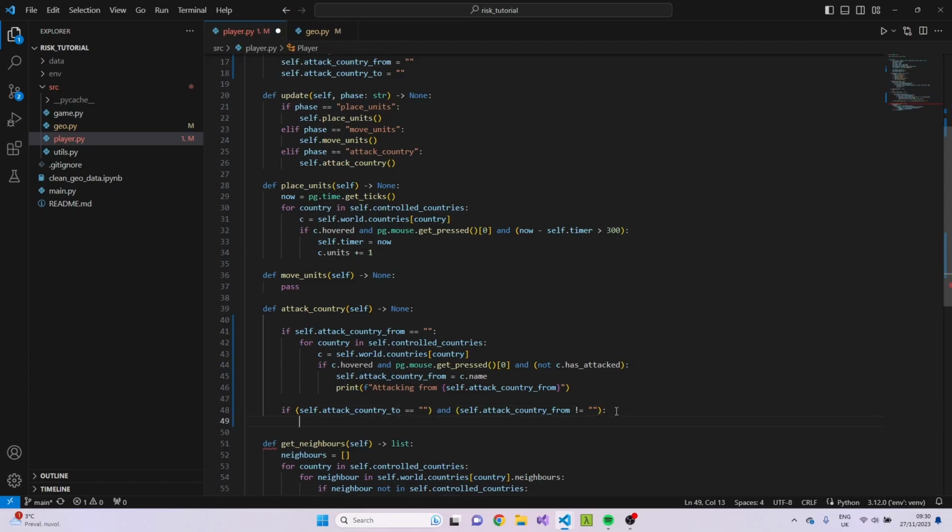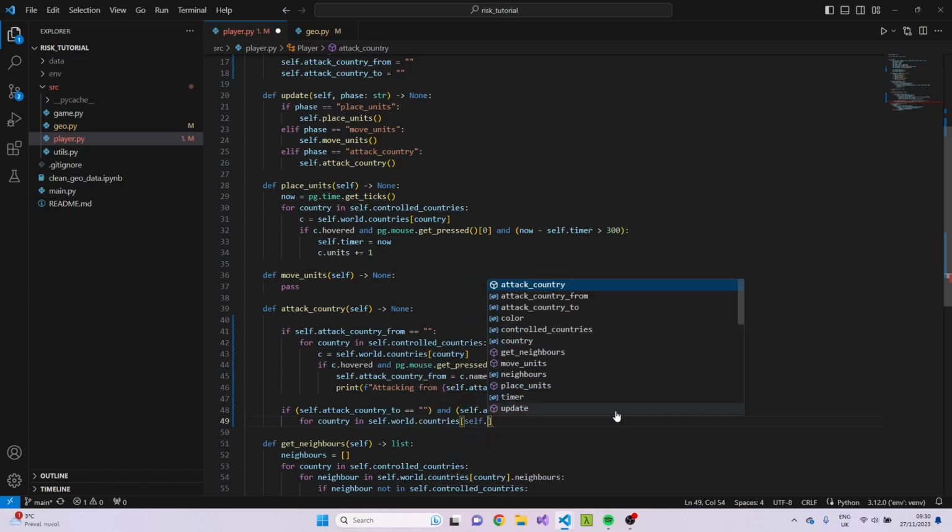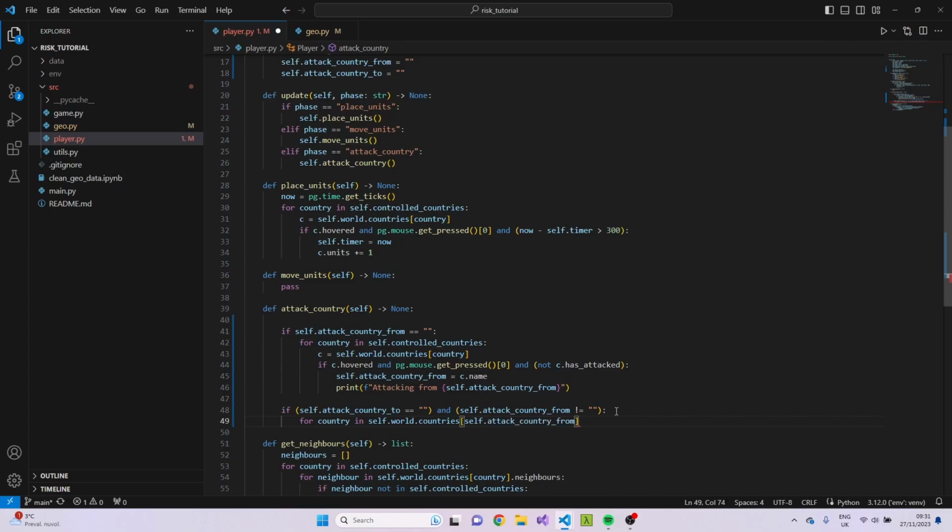Then the countries that we are allowed to attack will be the neighbouring countries. So we're going to extract the country that we are attacking from, and we're going to look at its neighbours, and then we'll be able to choose one of those neighbours to attack. So for country in self.world.countries, self.attack_country_from, so this is the country we're attacking from, and we can take the neighbours inside of that